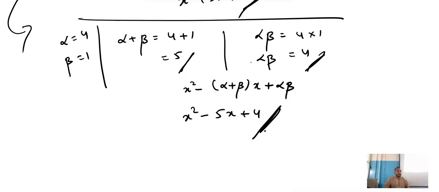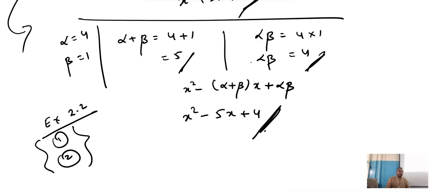Understood? Yeah. And my request for you all that please solve from your exercise 2.2. If any CBSE board students are watching this video, polynomials chapter, second exercise, in that you have question number 1 and question number 2. Kindly solve both the questions by using all the options. In question number 1 there are 6 questions. In question number 2 also we have around 6 questions. Please solve all those related to this topic. So this is the end of the chapter polynomials.